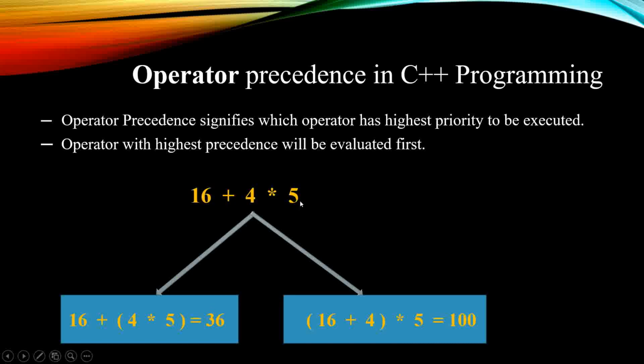ነው። In this case ከየት ወዴት ነው ኤክስኪዩት የሚደረገው ማለት ነው? From right to left ማለት ያ ማለት ከዚህ ነው የሚጀምረው ማለት ነው። ይሄኛው ራይታችን ነው። This one is left. This expression first will be executed, then the result of this will be added with 16 ማለት ነው። እዚህኛው ላይ from right to left 16 plus then 4 times 5 ያ ማለት መጀመሪያ 4 times 5 then it will be 20, then 20 plus 16 then it will be 36 ማለት ነው። አሁን ይሄኛውን ብናይ